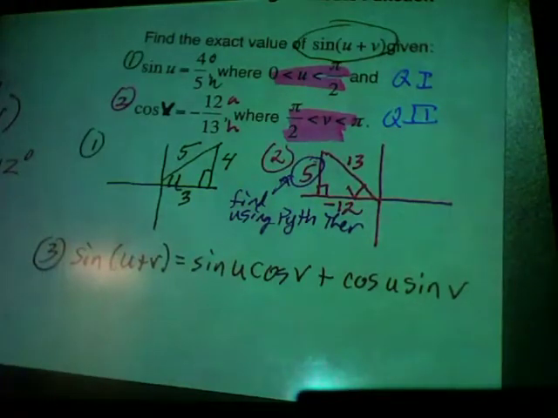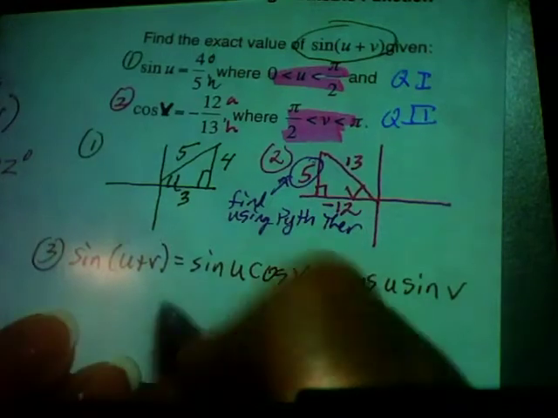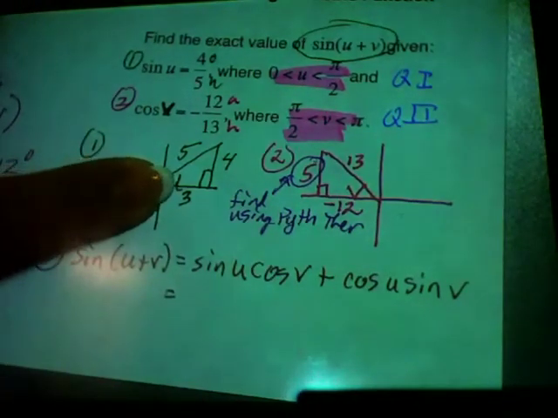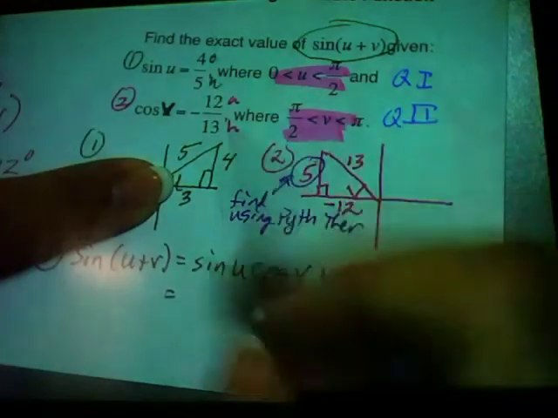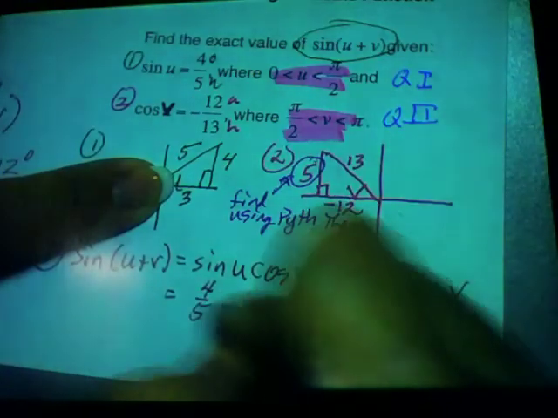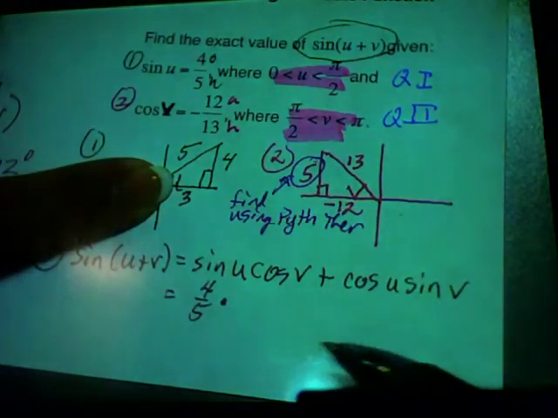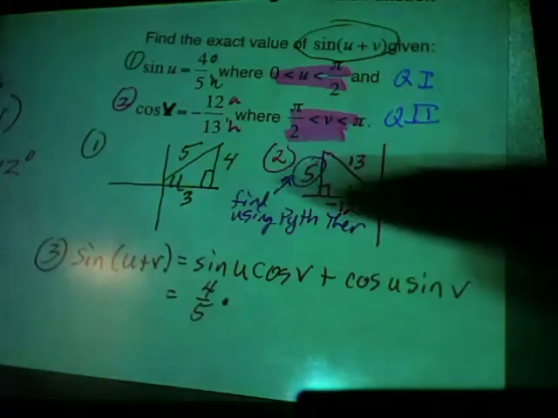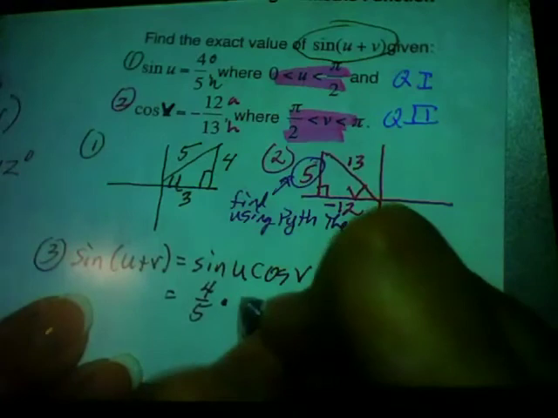Now we're just going to replace what we see. Sine of u, here's u. What's the sine? Yeah, and they had given that to us, right? So 4 over 5 times, what's the cosine of v? And they gave that to us also. We wouldn't have had to use this, but negative 12/13